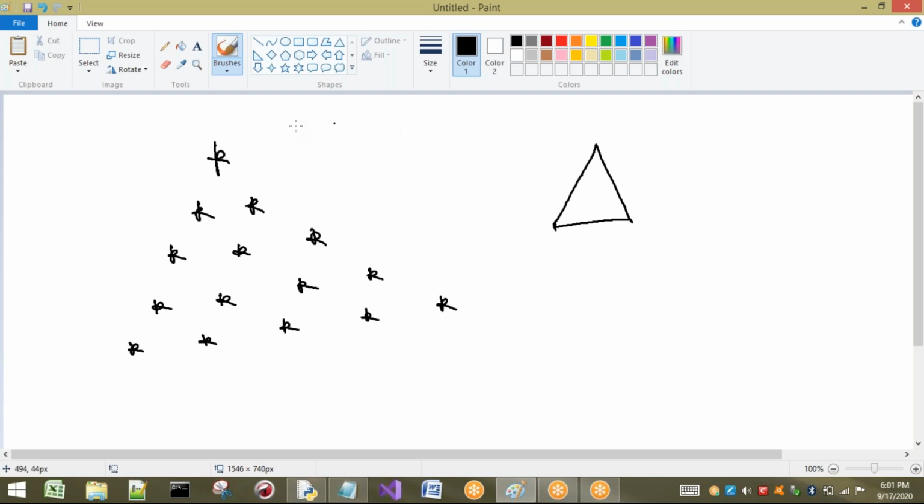So the first thing we have to observe is, how many stars are there here? Finally, we see 5 stars are there here. So first we have to think about the number of rows we are going to have. How many rows are we going to have here? I am having 5 rows: 1, 2, 3, 4, 5.